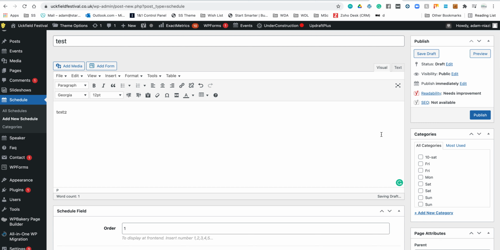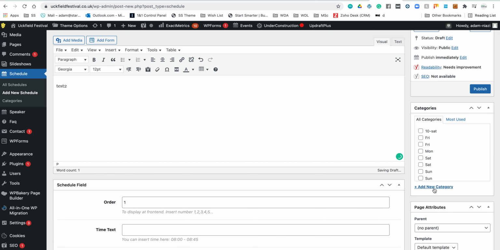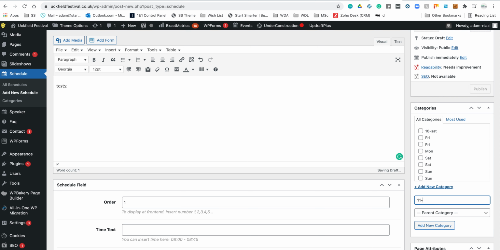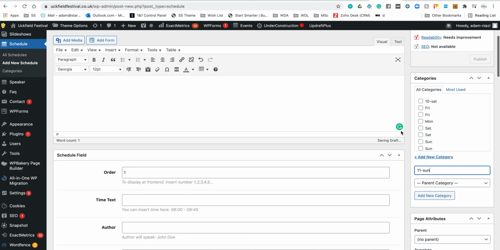Right hand side, there's a section called categories. If you add a new category, or if you see an existing one that you want to use, in this case I want to add one called Sunday the 11th, so we're just going to put 11 Sunday